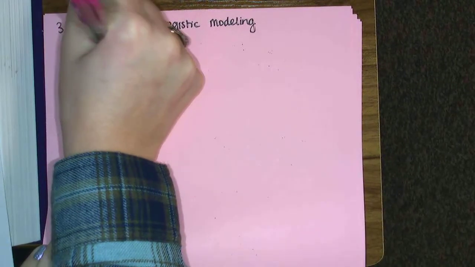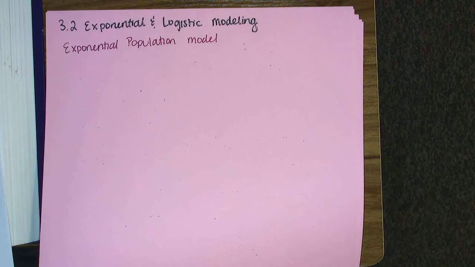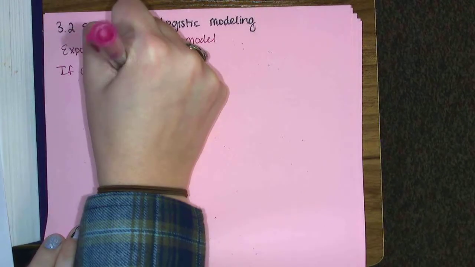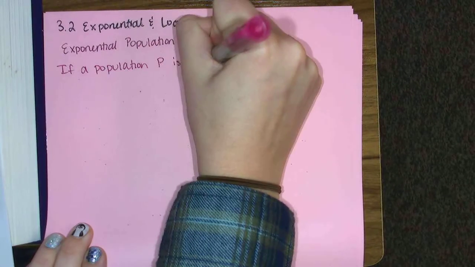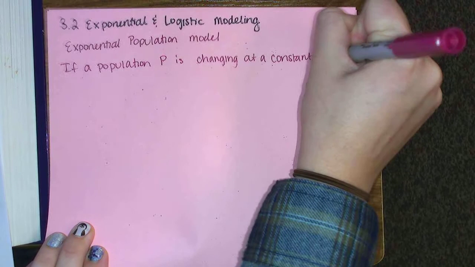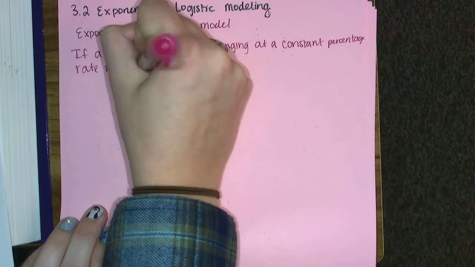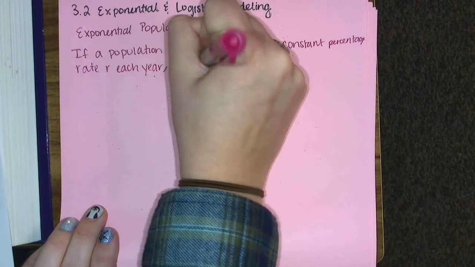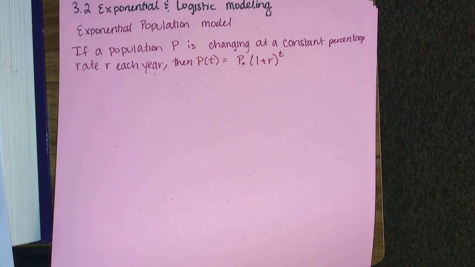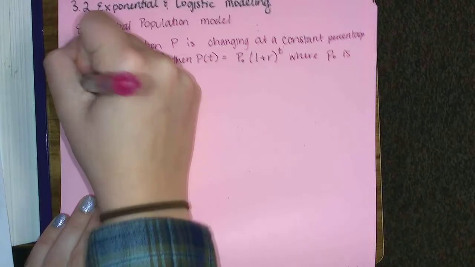Exponential population model. If a population P is changing at a constant percentage rate R each year, then P of T is equal to P sub 0 times (1 plus R) raised to the T, where P sub 0 is the initial population,